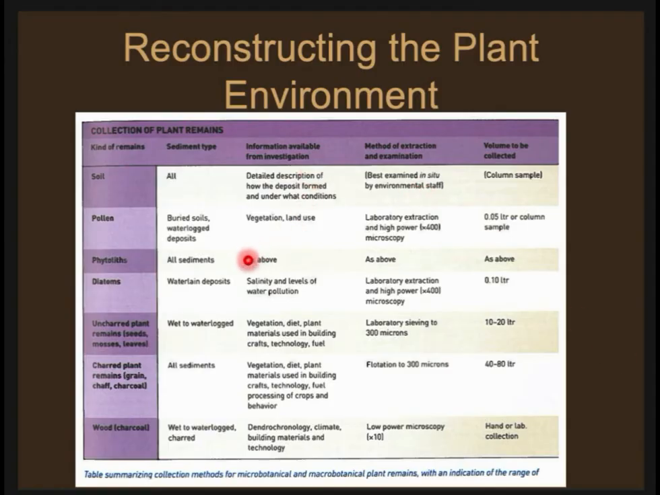Right? And you can do this in many different ways. You can obtain pollen. You could obtain, we'll talk about phytoliths. You could obtain seeds. Right? You can obtain remnants of the plants themselves. And so this will give you a good idea of what's going on. So, for example,